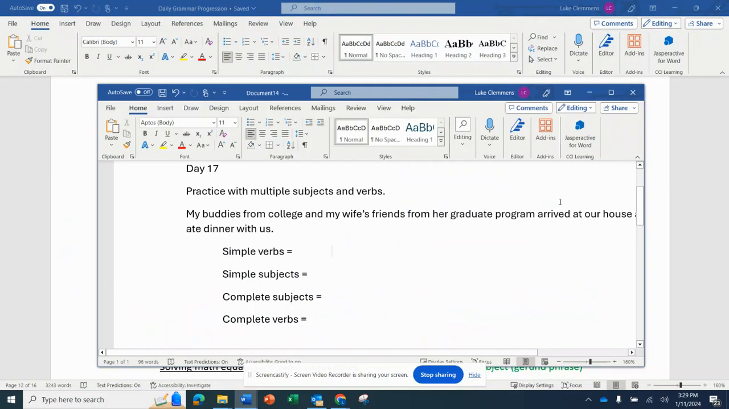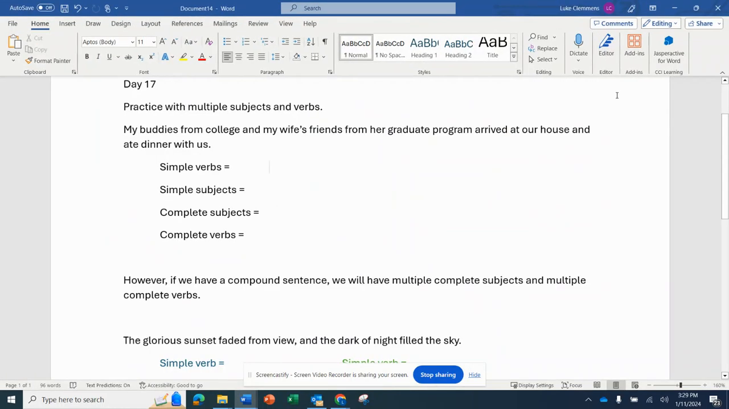Hey everyone, so this is day 17, and we're continuing on with complete subjects and complete verbs. Okay, so yesterday, the sentences that we used as examples were simple sentences where we had one subject, one verb. So today, I want to talk about the same concept of complete subjects, complete verbs, but with slightly more complicated sentences. Okay, sentences where we have multiple subjects, multiple verbs, and some sentences that are simple and some sentences that